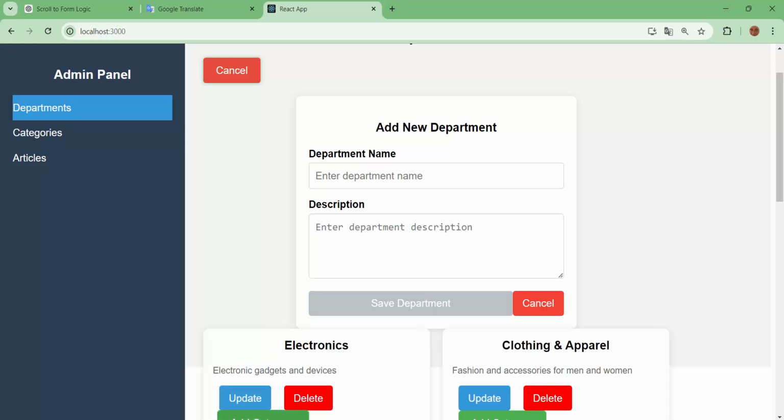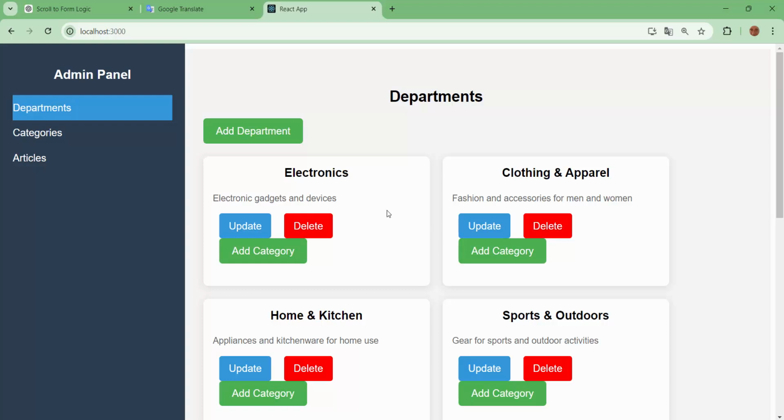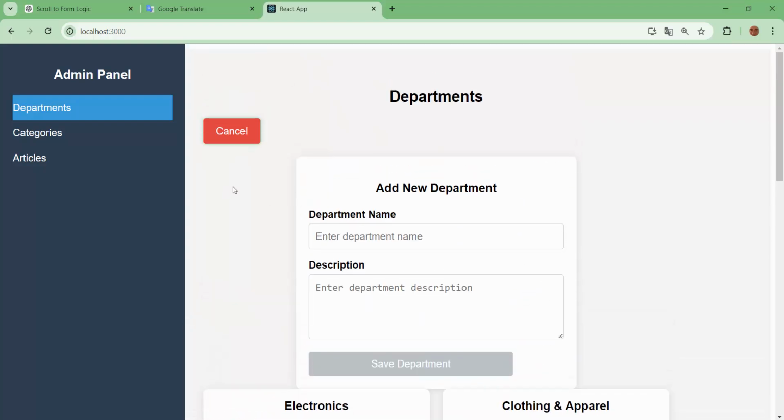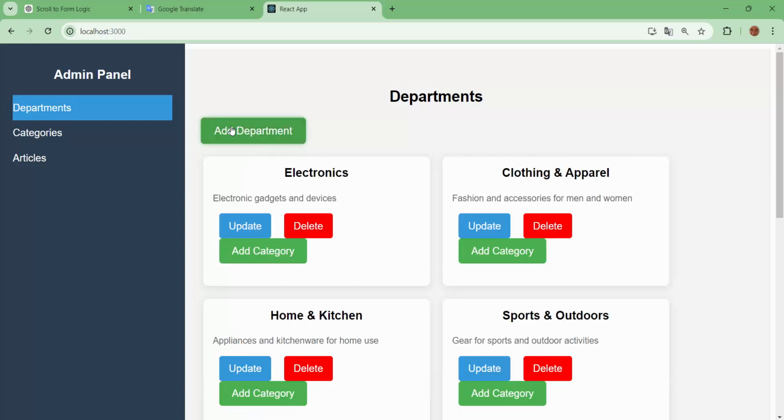But we also can close, not open but close, cancel the form inside of the form. This is cancel again. It closes the form and closes all buttons of the form, all fields of the form. Again, we can only add departments here. And this add department is a toggle where we set show add department form, set parent